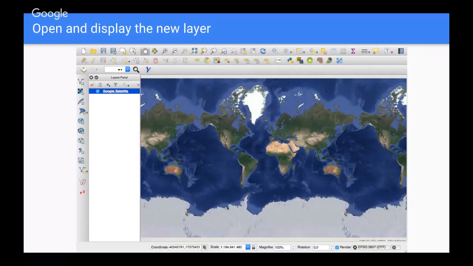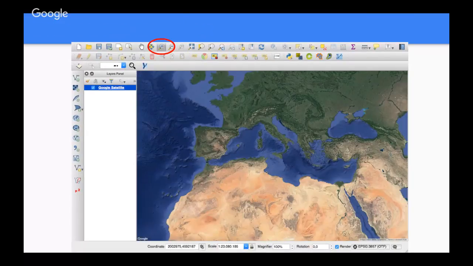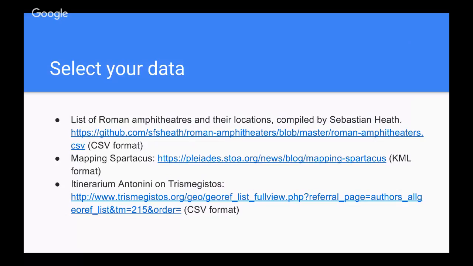So once you click on a satellite map, this is what it opens for you. Of course, you can focus on a specific part of the map, on a specific layer, we would say. You can zoom in, zoom out. You can zoom in on the specific layer that you want to visualize and so on. And you can manipulate the image as far as you want. So the other thing that you would need, obviously, is the data. And for the exercise that we proposed for this section, we gave you a few predefined options that you can use if you don't have your own data.